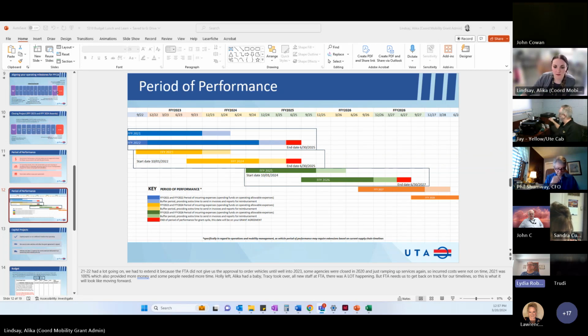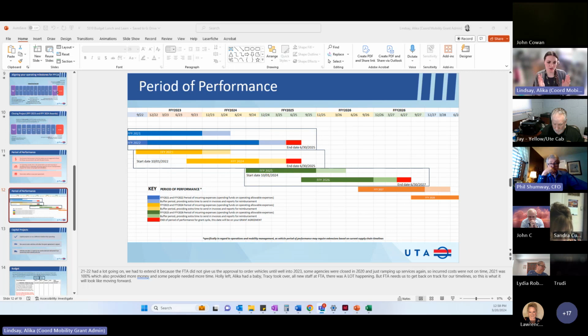And vehicles are the one exception where we still put vehicles that we want in fiscal year 2023 because you have to do the ordering and all that stuff. Yes. And hopefully in the next 2 grant cycles, we will really tighten. The vehicle wait times are getting shorter and shorter as we catch up on supply chain issues and all that stuff. Yeah, we hope that the price will go down a little bit.